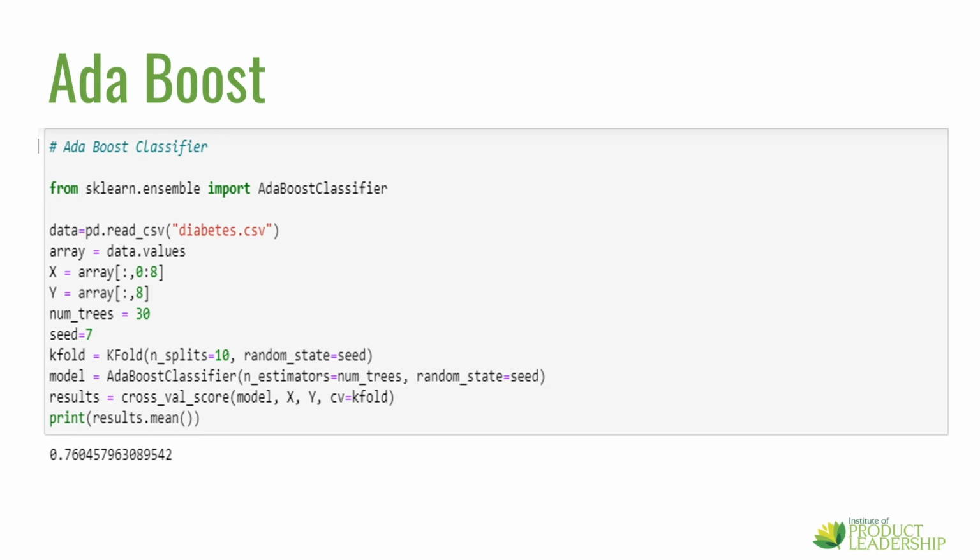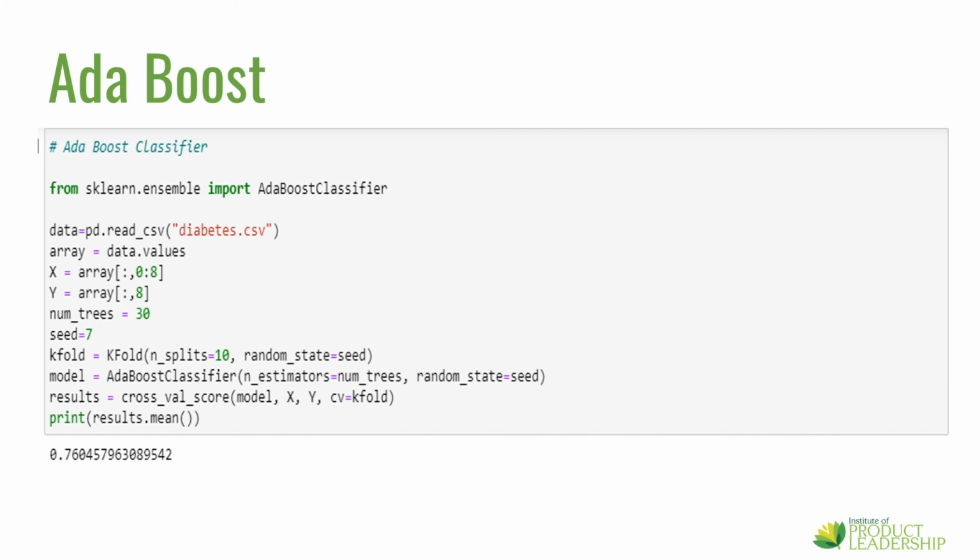We will import k-fold cross-validation score and AdaBoost classifier from sklearn library. Create an object of the dataset using pandas and name it as data and then convert into array using data.values. Split the data into x and y using square brackets, that is feature matrix comprising 8 predictor variables and outcome variable as y. Here the parameter fed in the AdaBoost algorithm is 30 trees, and then the model is run, post which the result is compiled as a mean of 10 cross-validation scores. As you will see, the accuracy of this model is 0.760, or in other words, the model predicts 76% of the class correctly.